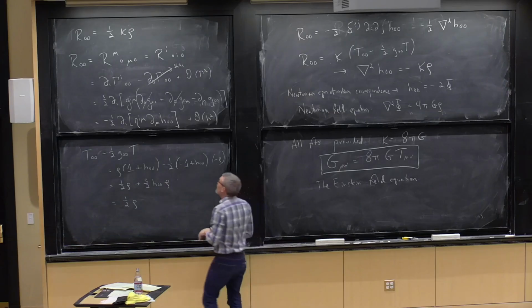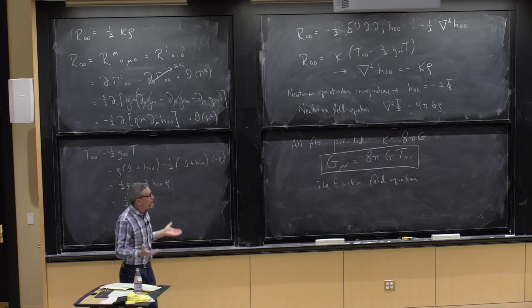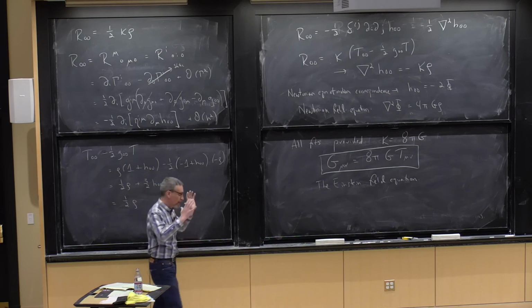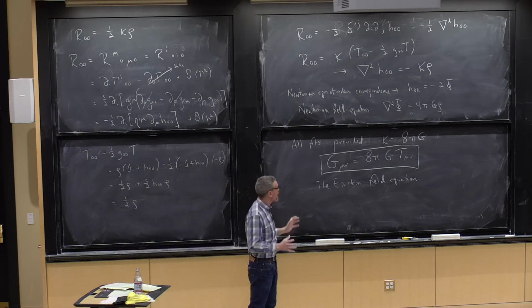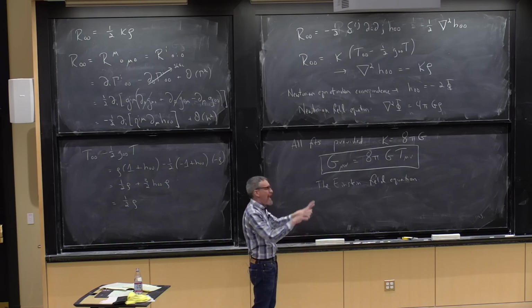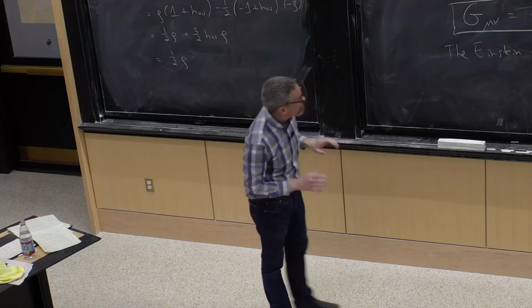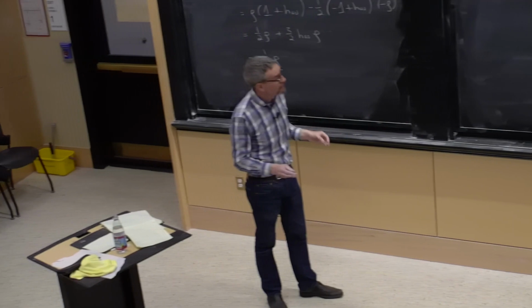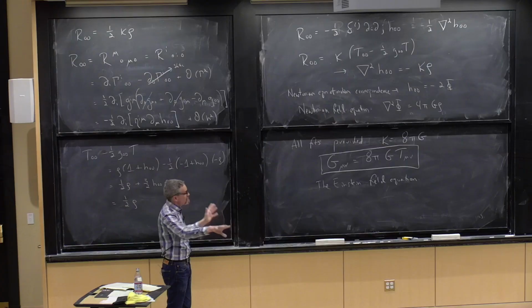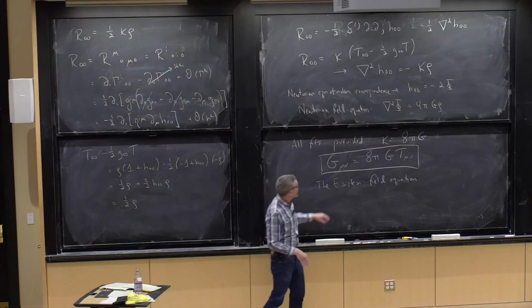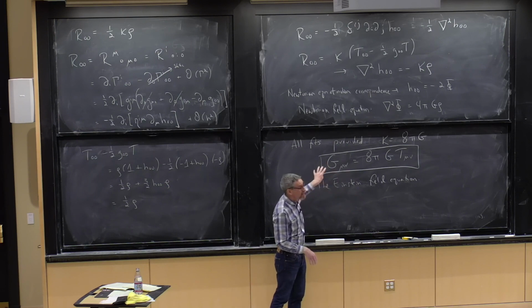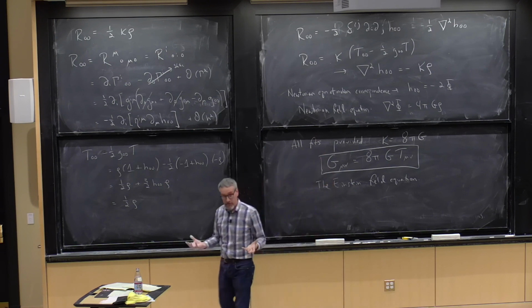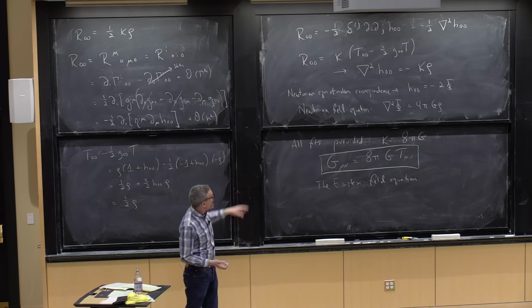We then said, well, the Newtonian field equation is sort of sick from a relativistic perspective because it's working with a particular component of a tensor rather than with a tensor. So let's ask ourselves, how can we promote this to a properly constructed tensorial equation? So we insisted the right-hand side be T mu nu. And then we looked for something that looks like two derivatives of the potential, or more properly, two derivatives of the metric, which is going to give me a curvature tensor, and say, OK, I want a 2-index curvature tensor